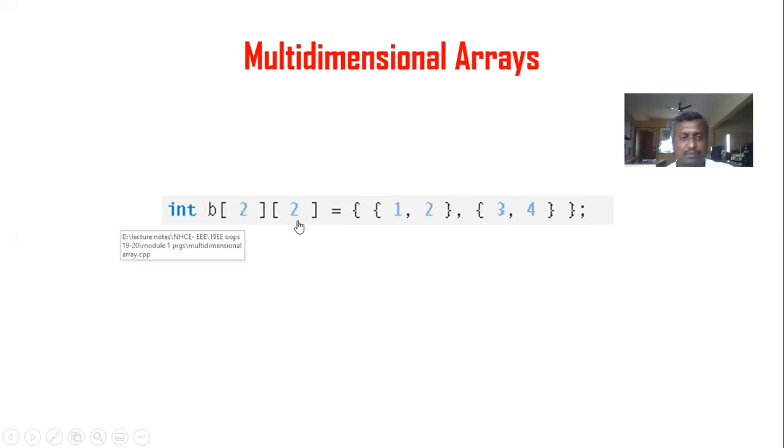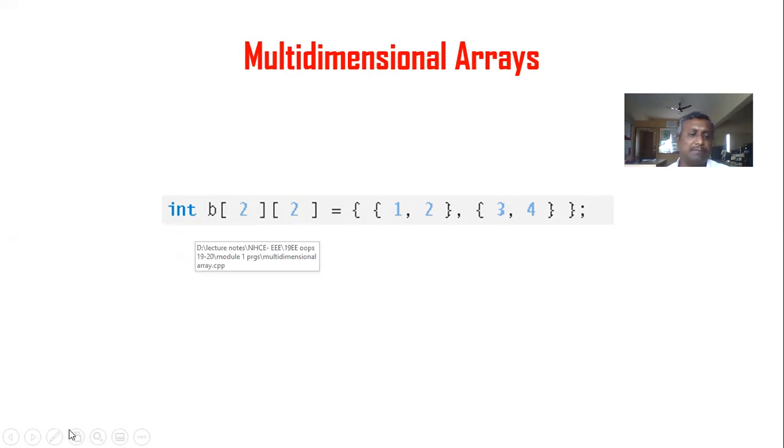Okay, and the next thing is the multi-dimensional array. This is basically a single dimensional array, and we can also specify a 2D array, or a multi-dimensional array. If you want to specify a 2D array, we need to specify both the number of rows and columns. It is as simple as declaring a 1D array, but the only thing is we are going to add one more field here.